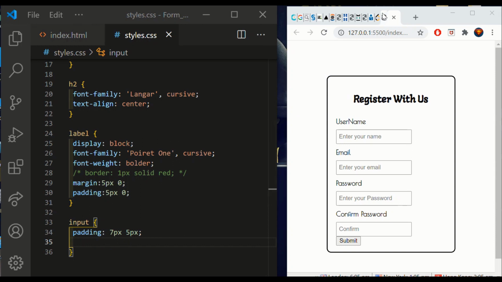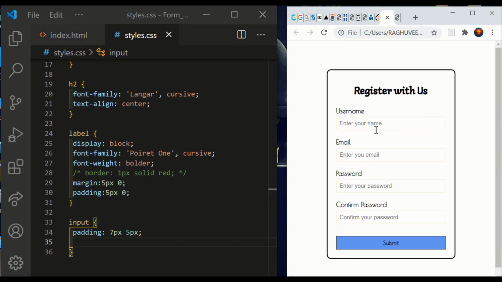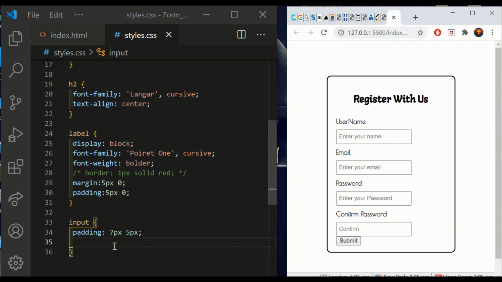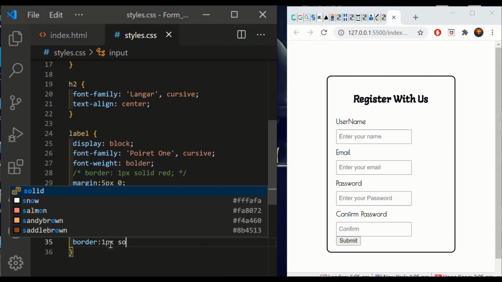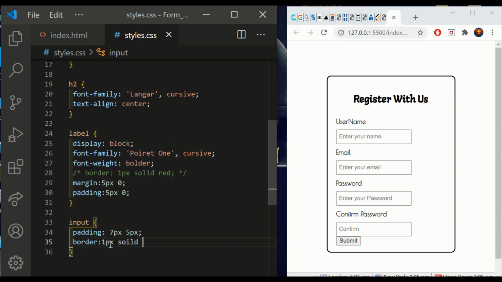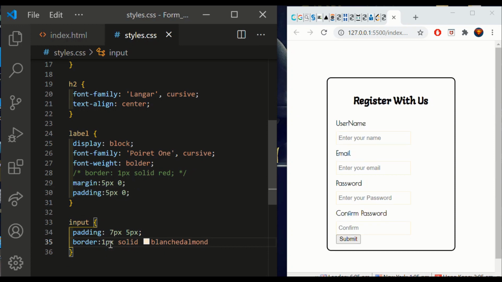So yeah, we want the border to be some other color. Do we need that? Okay. Maybe border 1 pixel, solid, blush development. This is how it is actually. And also,